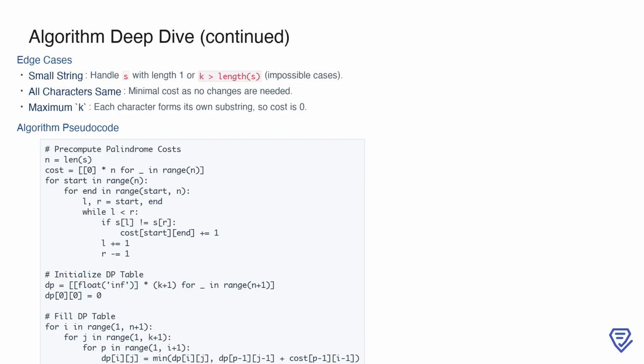For instance, if the string has only one character, no changes are needed regardless of k. If k is greater than the length of the string, it's impossible to partition, and we should account for this. If all characters in the string are identical, the cost will also be minimal since no changes are required. On the other hand, when k equals the length of the string, each character becomes its own substring, leading to